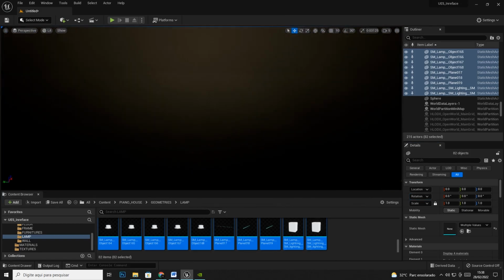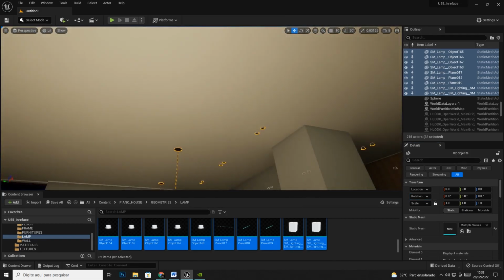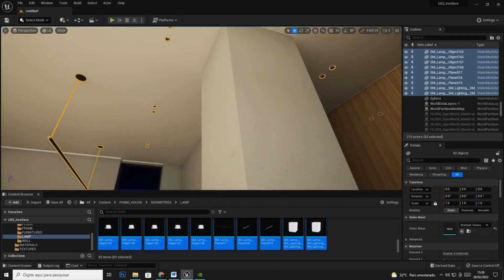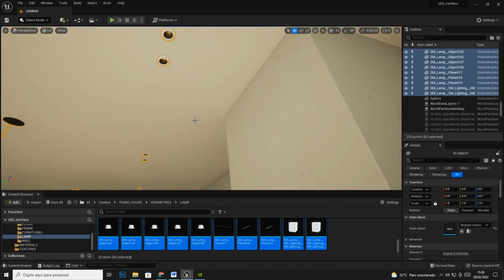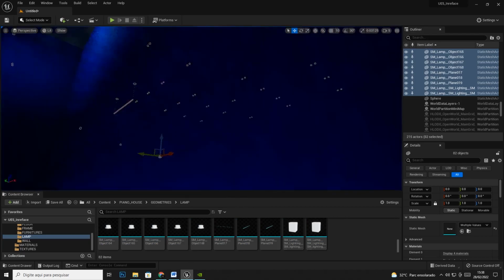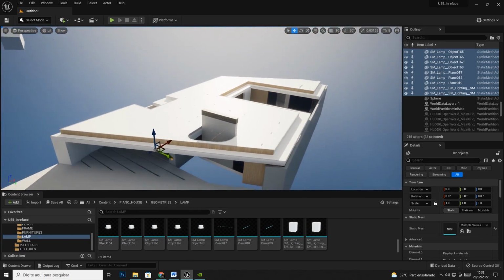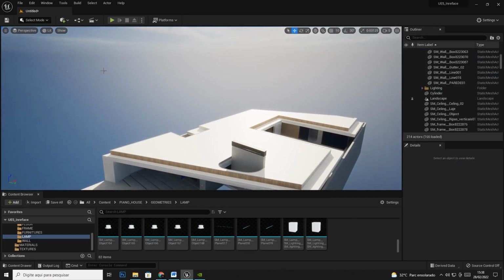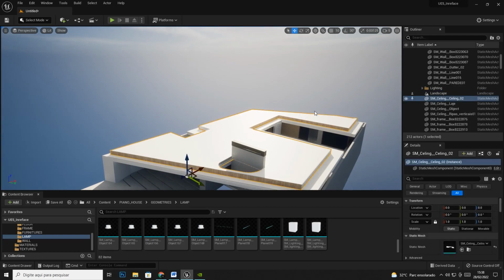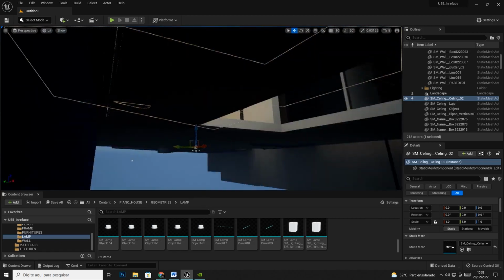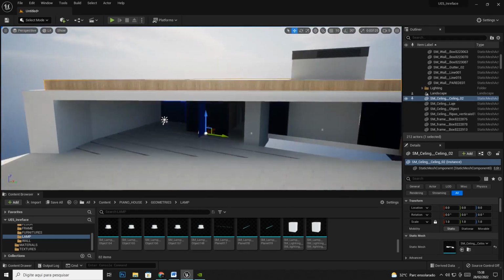Okay, if we're gonna verify, they are in the exact position that it should be. Look, because it is respecting the 0 of the world that we're creating in 3ds Max. We can delete the box, the sphere, and the cylinder. Okay, very cool. Let's bring now